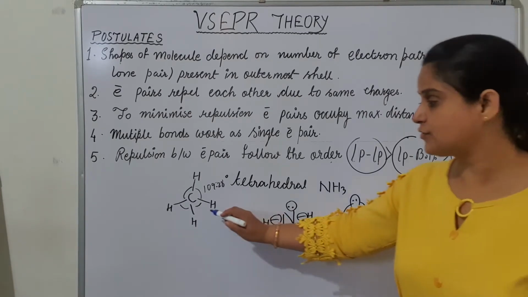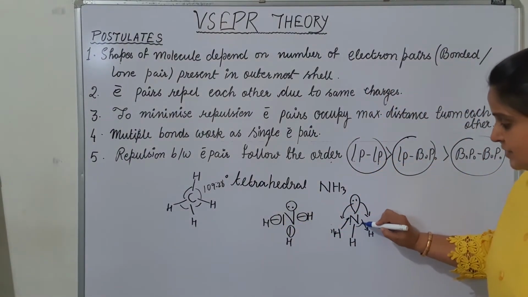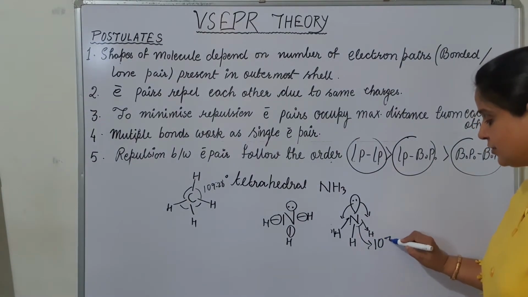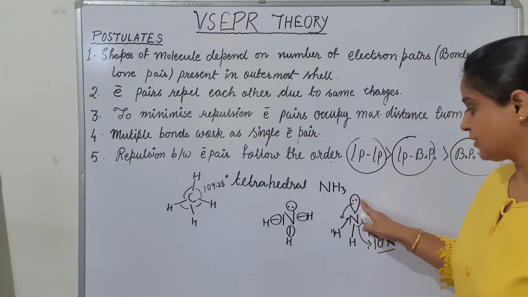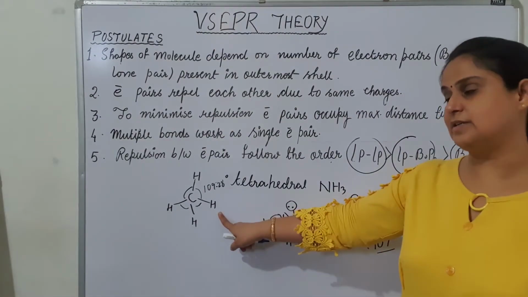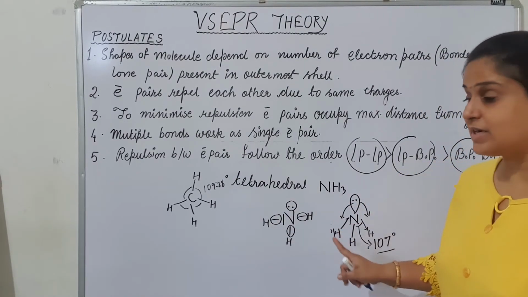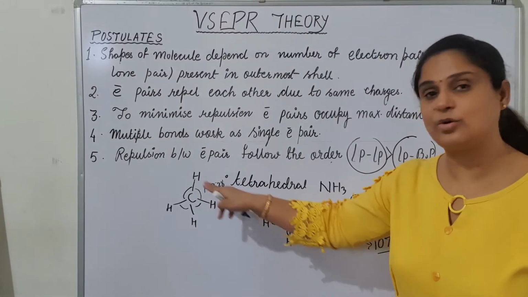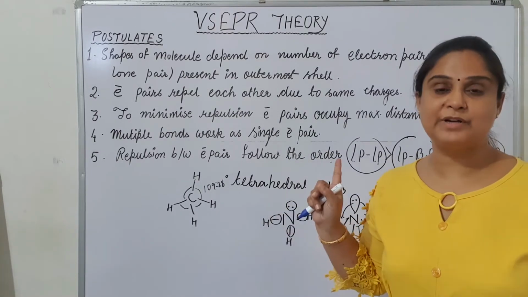The bond angle, which was 109.28 before between these lower side atoms, now becomes lower than 109.28 and becomes around 107 degrees. Why? Because of the pushing of these electron pairs towards the downside. So that is why this angle is not maintained here. The 109 degree angle is now reduced to 107. The reason behind this is that lone pair-bond pair repulsion is more than normal bond pair repulsion, due to which this structure, which was the perfect tetrahedral, is now not perfect.